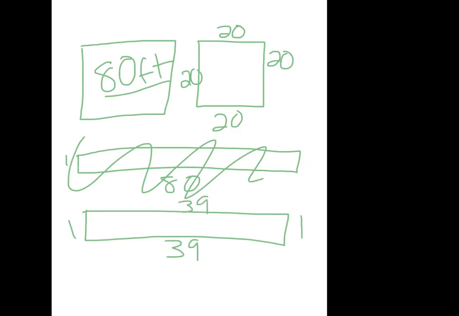So you have 80 feet of fencing. You can break it up however you like, but you want to end up with a square footage of 384 feet. And these two obviously don't have that. This one would have 400, right? 20 times 20. This one would only have 39, so that is not ideal. There's got to be a way. I'm not just going to guess all the values all day. Oh, there is. Of course there is. There always is.